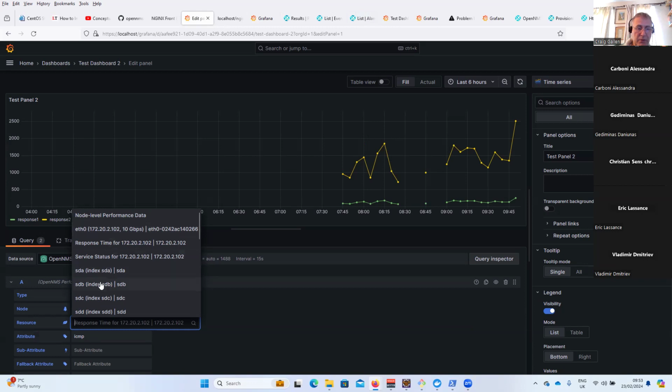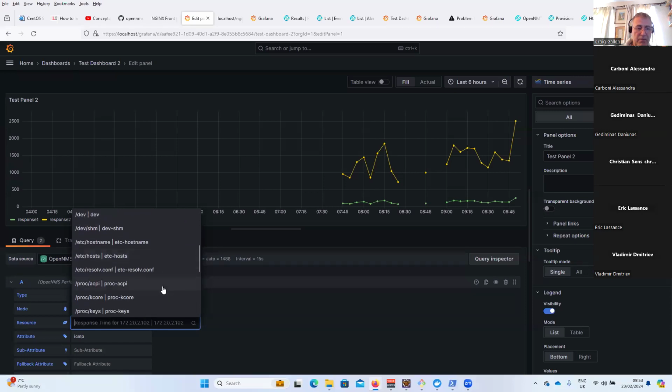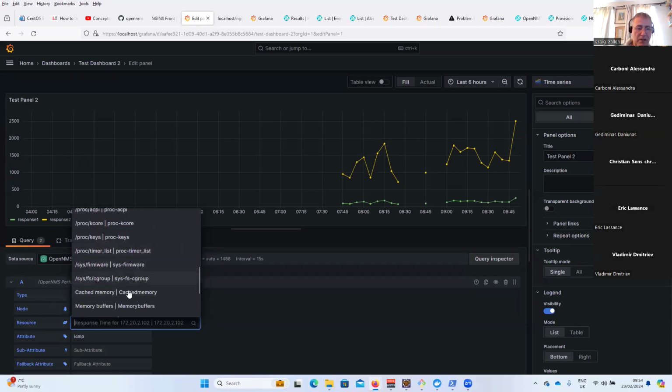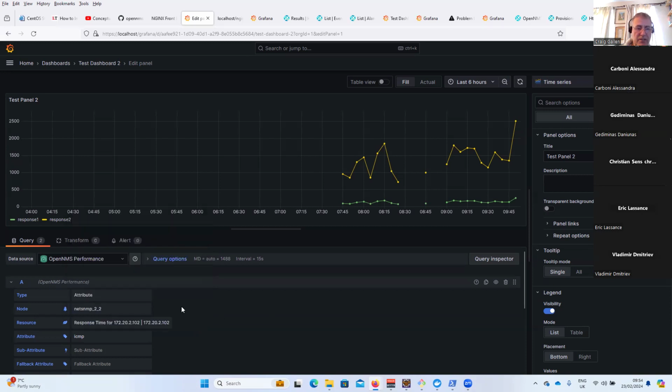But there's other metrics I can pull up here in terms of the disk utilization, whatever NetSNMP exposes. Basically, all of this data is available: physical memory, shared memory, cache memory, CPU utilization, all that sort of stuff. We could use any of those metrics and it would display those metrics. So we can eventually